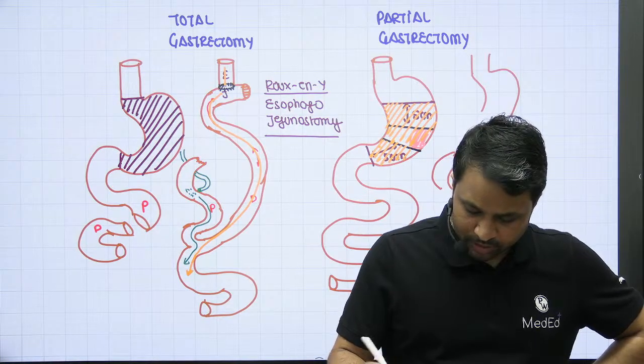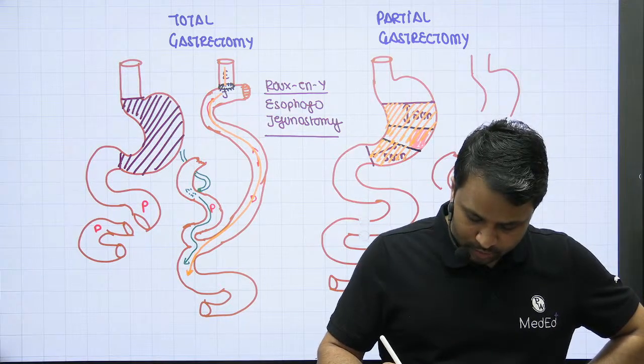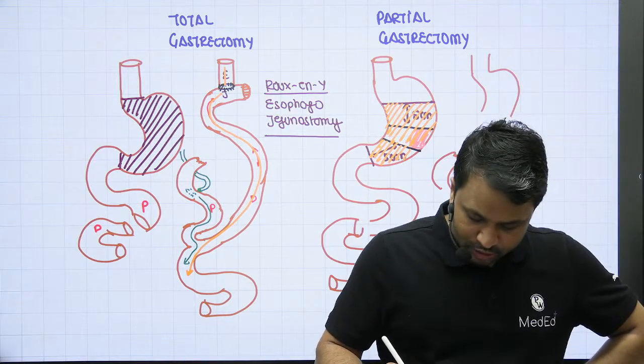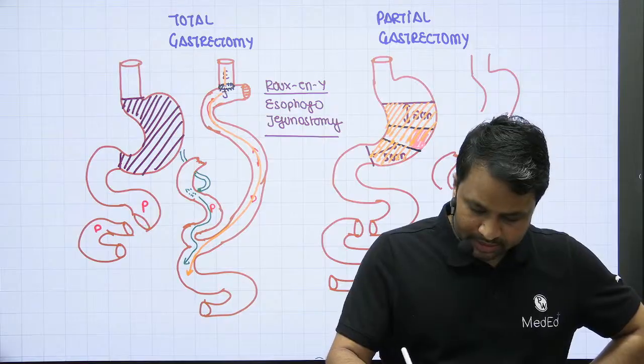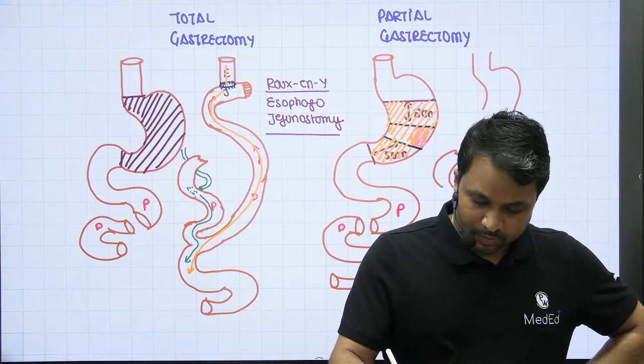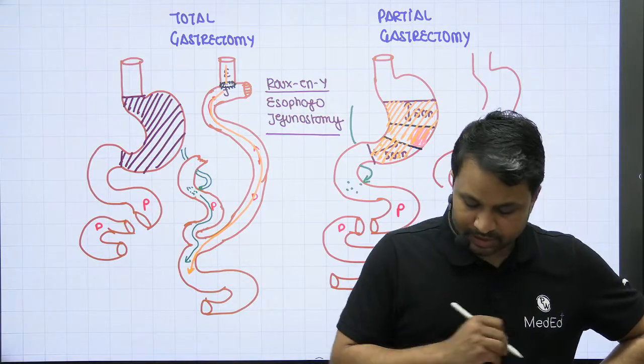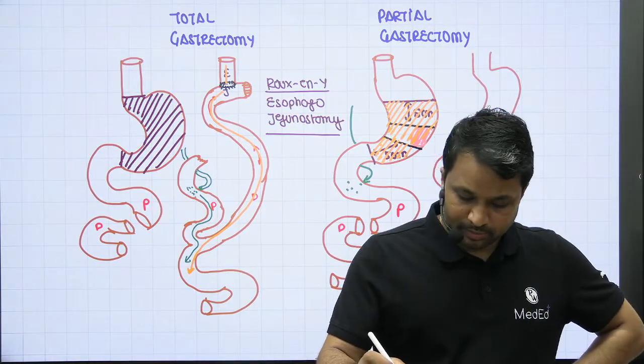So duodenum को हमने बंद कर दिया. I have divided the jejunum right across here. तो jejunum को divide कर दिया. jejunum को divide करते ही हमारे दो लिम्ब बनते हैं, जैसे हमने पहले बताया था. ये आपका proximal limb है, ये आपका distal limb है. Proximal limb में आप देख रहे हो कि आपका bile duct is opening and this is where the bile is going to come. तो मैं क्या करूँगा, distal limb को migrate करा दूँगा.